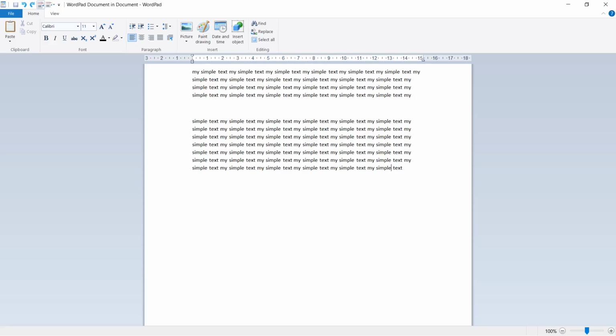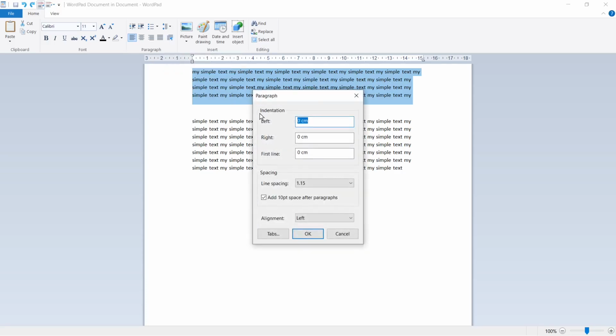So first we need to select the text where we want to insert a paragraph. So I select this one text and then I need to click on this one option. It will let me show the paragraph dialog box. So I click here and then you can insert here left or right paragraph, or you can insert paragraph only on first line. So I would like to insert paragraph on the first line, so I type here 1 centimeter,